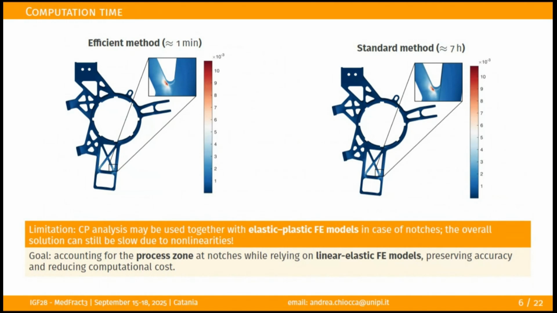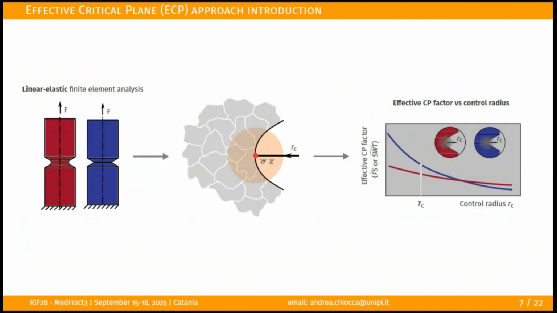The problem is that we just sped up the critical plane evaluation, but we are still evaluating the standard critical plane. So we should implement plasticity in this case. Can we use the critical plane definition, but based on linear elastic finite element models? We tried. This is more or less the workflow. We would like to use linear elastic material properties, and